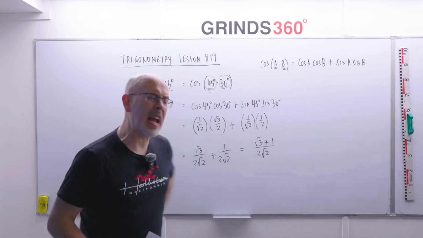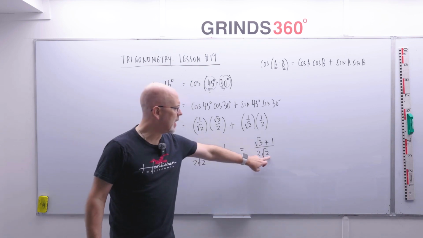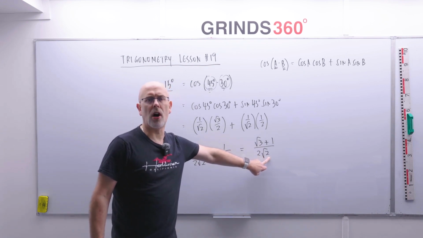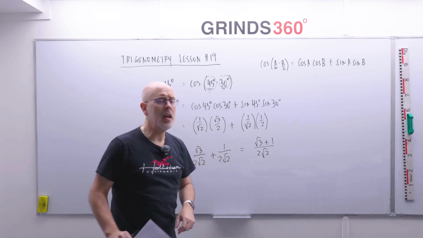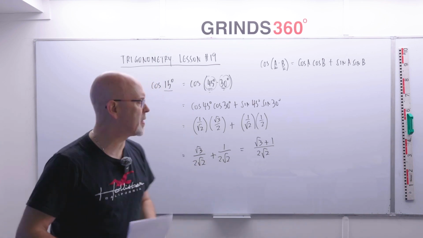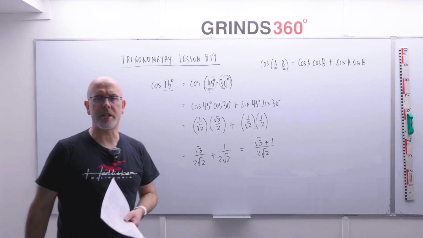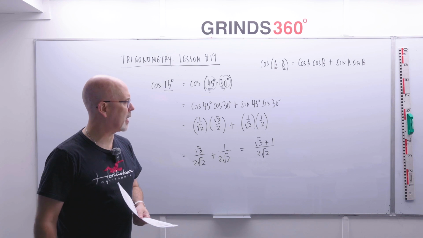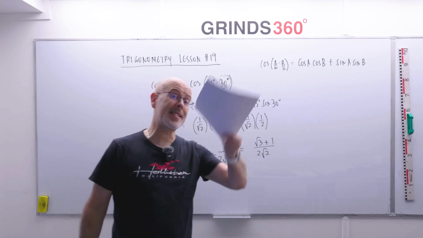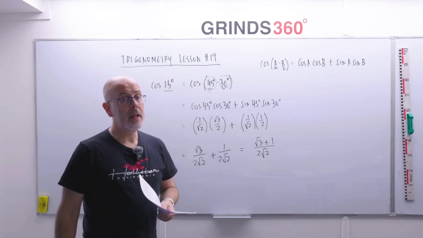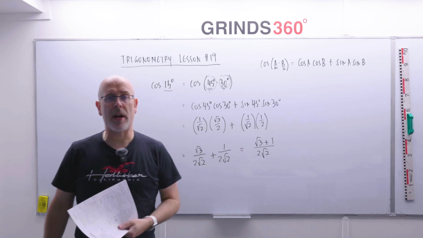Now, it's not great practice to leave a surd below the line like that. It's not wrong, that one's okay. But what I'm going to do here is remove the surd from below the line, just to make the answer a little bit tidier. All right, see if it'll simplify. Now, you can't square the top and bottom. If you want to remove that surd from the bottom, you can't square the top and bottom, because remember,